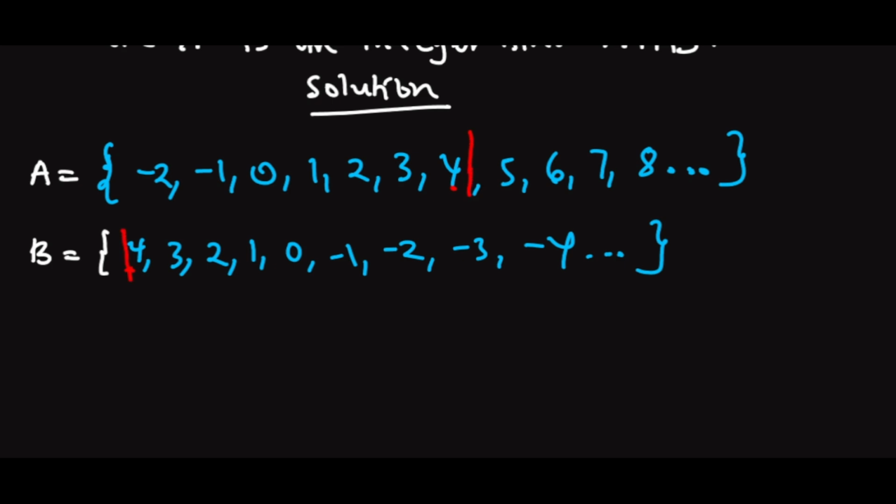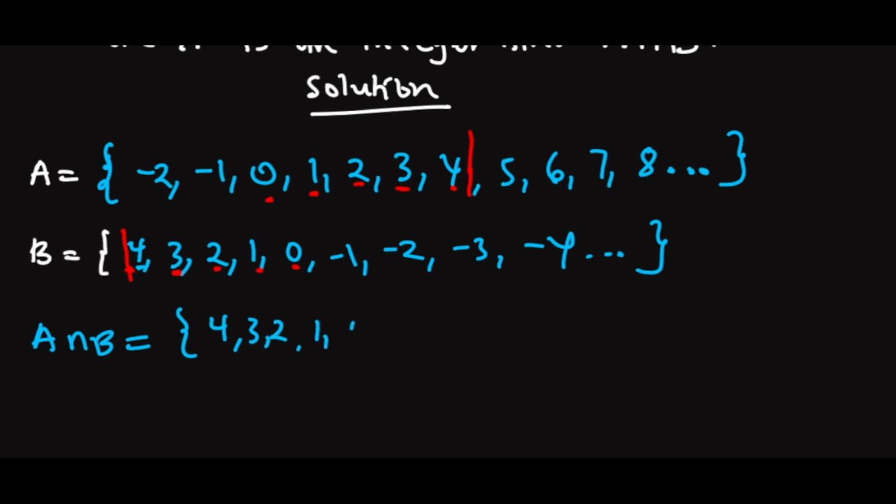So from here, A intersection B is going to be equal to, let's see, I'm seeing 4 here and I'm seeing 4 there, so I write 4. Then I'm seeing 3 here and 3 here, so I write 3. Then I'm seeing 2 here and 2 here, 1 here and 1 here, 0 here and 0 here. So at least you can write those ones: 3, 2,